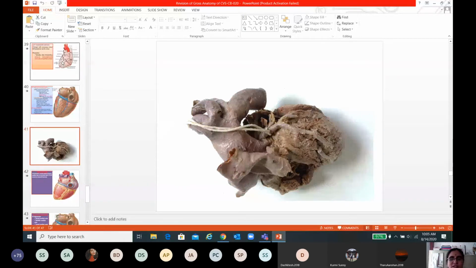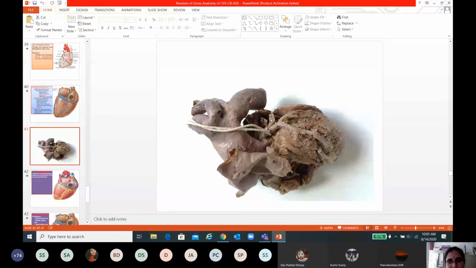Mention its origin. Left coronary artery. Very good. What are the two terminal branches of this left coronary artery? What is this, Shreya? Ma'am, it is left coronary artery, and this threaded one is left coronary.